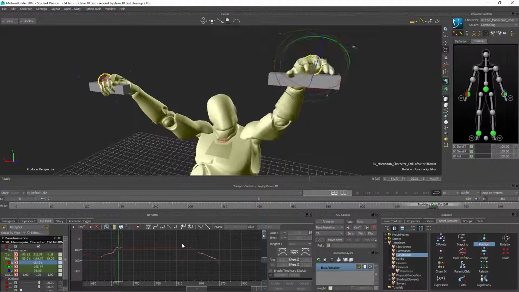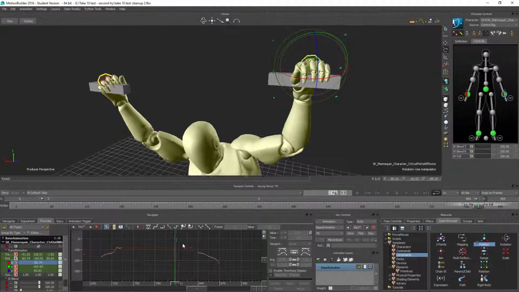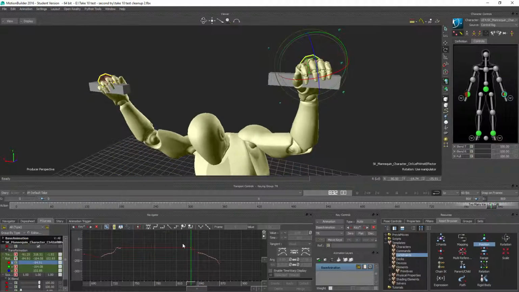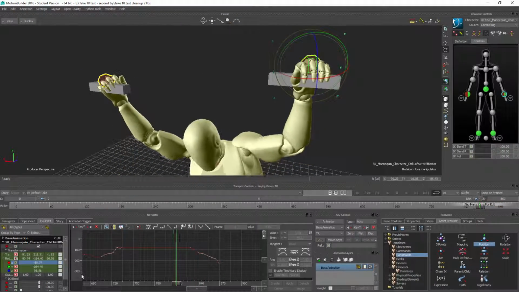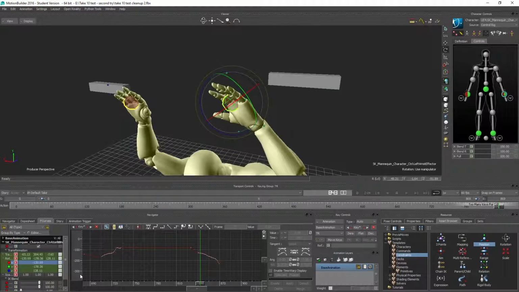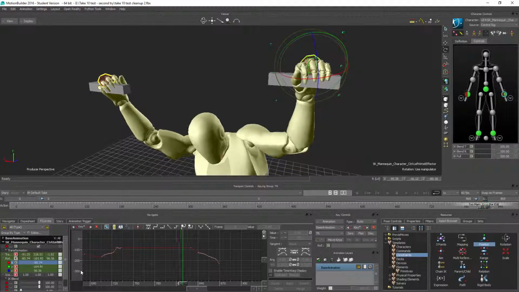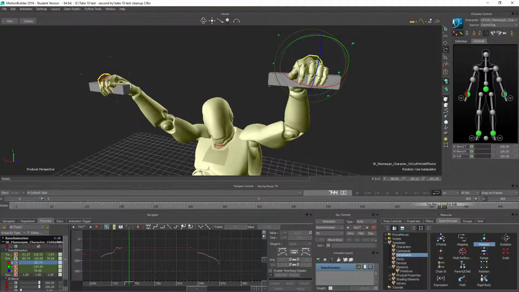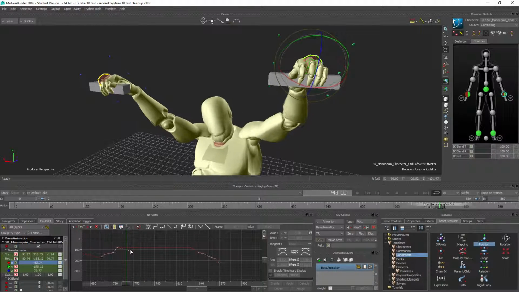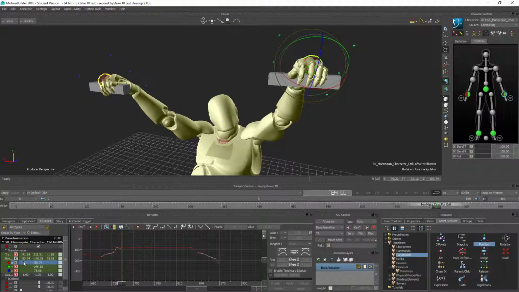So that should take care of the X rotation when I hold on. I still have rotation on the X and the Y axis, but I should probably do something about it. Let me see how much time I spent. Okay, so 15 minutes. Let me just quickly mention a few things about how we can go ahead and do that. So if I select both the X and the Y, so I'm control clicking these,